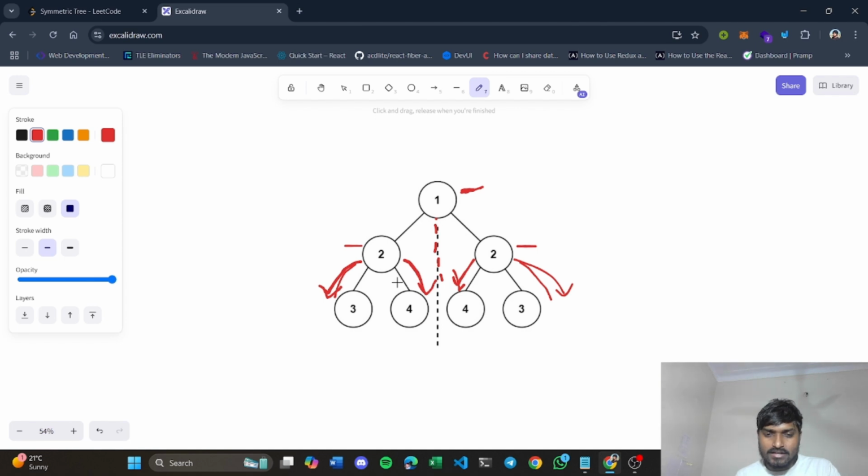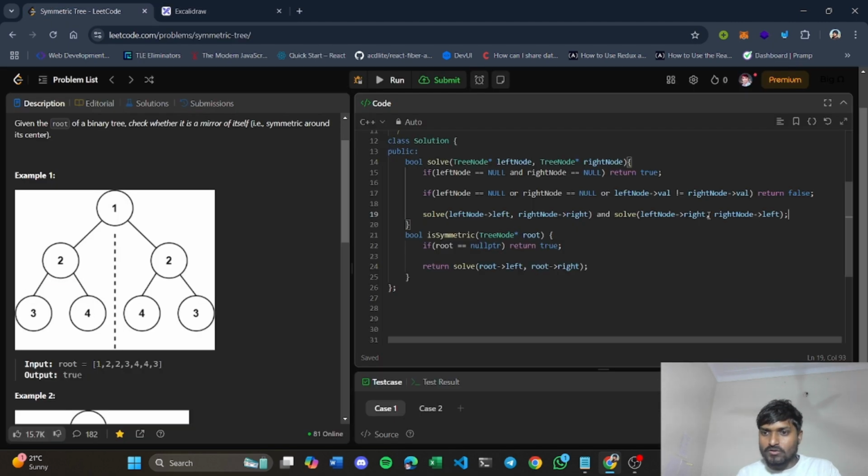So you can see here we also call for node 2's right and node 2's left, right? The same we are doing here. At the end we will have to check that this is returning true and this is also returning true. So basically we are using the AND operator here to check that condition, and you will return it.